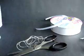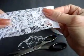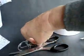Okay, so let's get started. First you're going to fold your lace fabric in half, but not quite in half. Fold it so that there's about a 1/2 inch extension on the bottom. And then you're going to take your needle and thread,